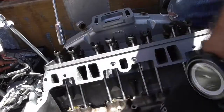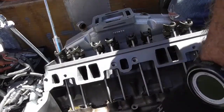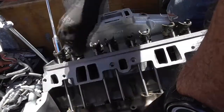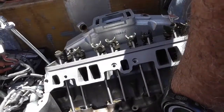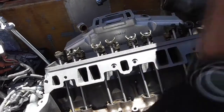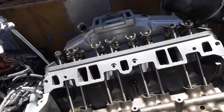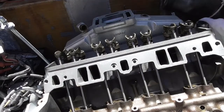That was a little tight. Don't want them tight. All right. Just with a little play, then we'll finish it. So now, cover it up again